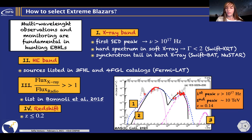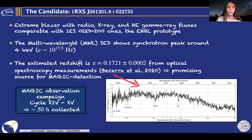And we have a third component, an extra component in the spectral energy distribution at high frequency. In this case, the third model provides a third bump in the SED, and it is the expected neutrino flux. Our candidate is an extreme blazar. It is a promising source for observing with Cherenkov telescopes because its radio, X-ray, and high-energy fluxes are compatible with the EHBL prototype